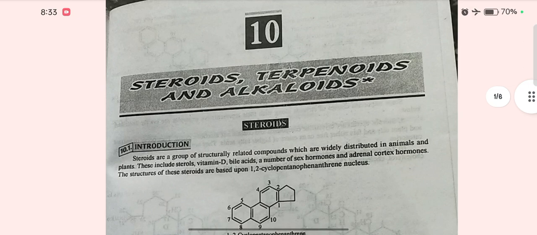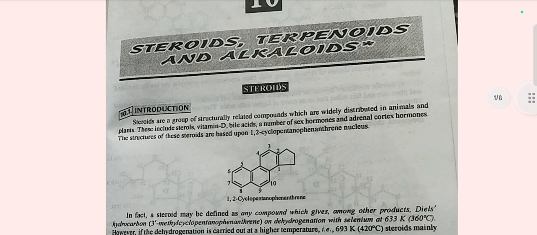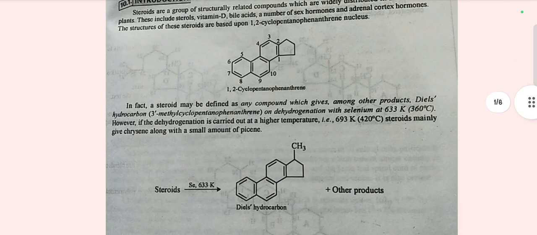Steroids. Introduction. Steroids are a group of structurally related compounds which are widely distributed in animals and plants. These include sterols, vitamin D, bile acids, a number of sex hormones, and adrenal cortex hormones. The structures of these steroids are based upon 1,2-cyclopentenophenanthrene nucleus. In fact, a steroid may be defined as any compound which gives, among other products, Diels' hydrocarbon on